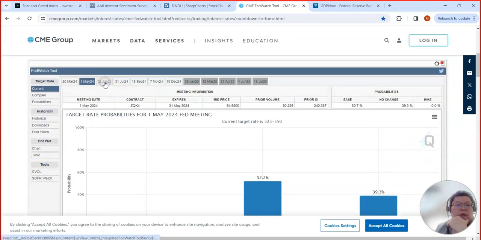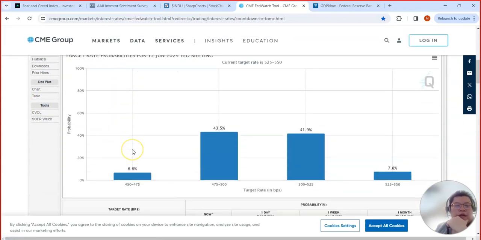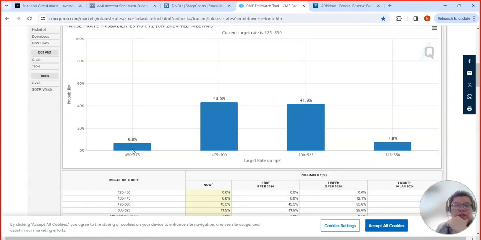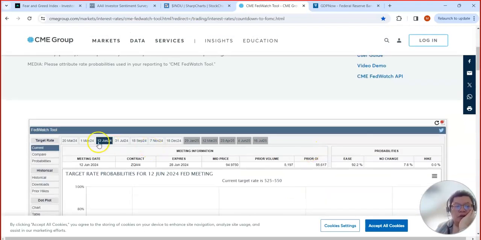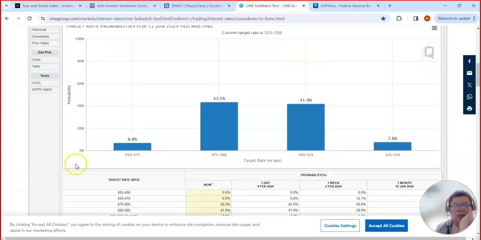And then more and more analysts I hear are saying most likely it will be June. So you can see here the market still thinks there's a cut in May, sorry, and then a cut in June, right? But more and more analysts I hear are probably targeting June as the timeline for the first cut. So I think the fact that